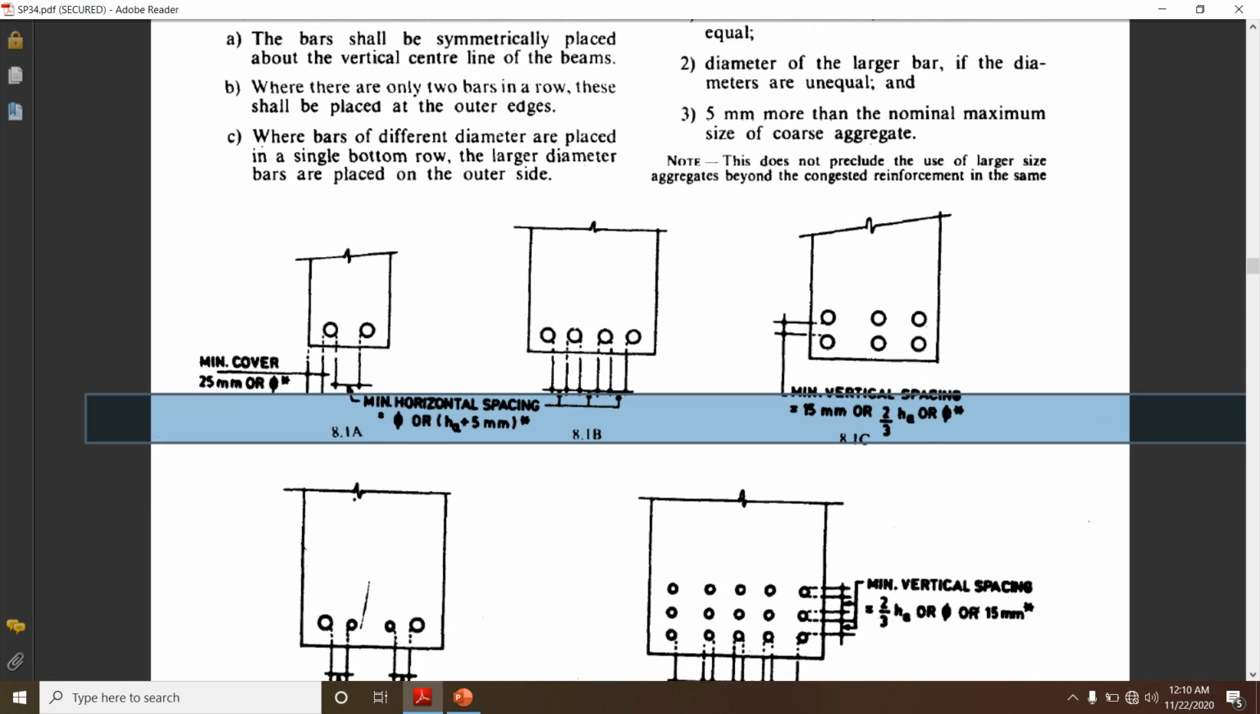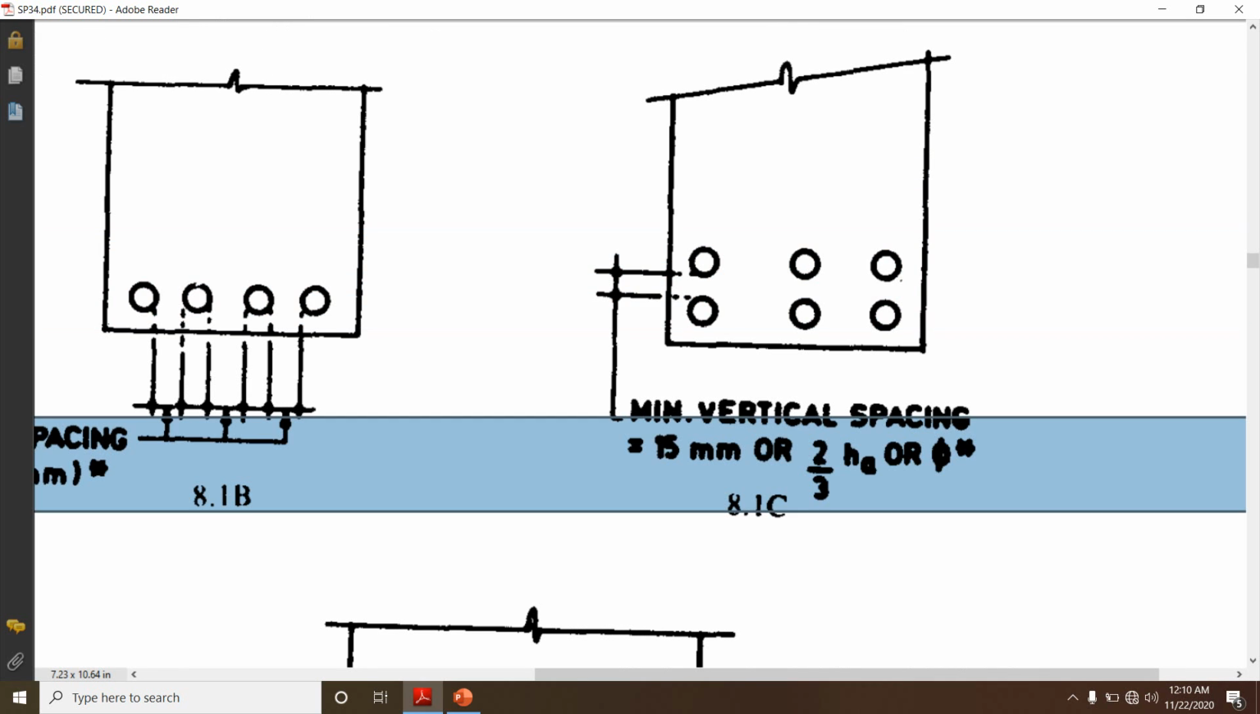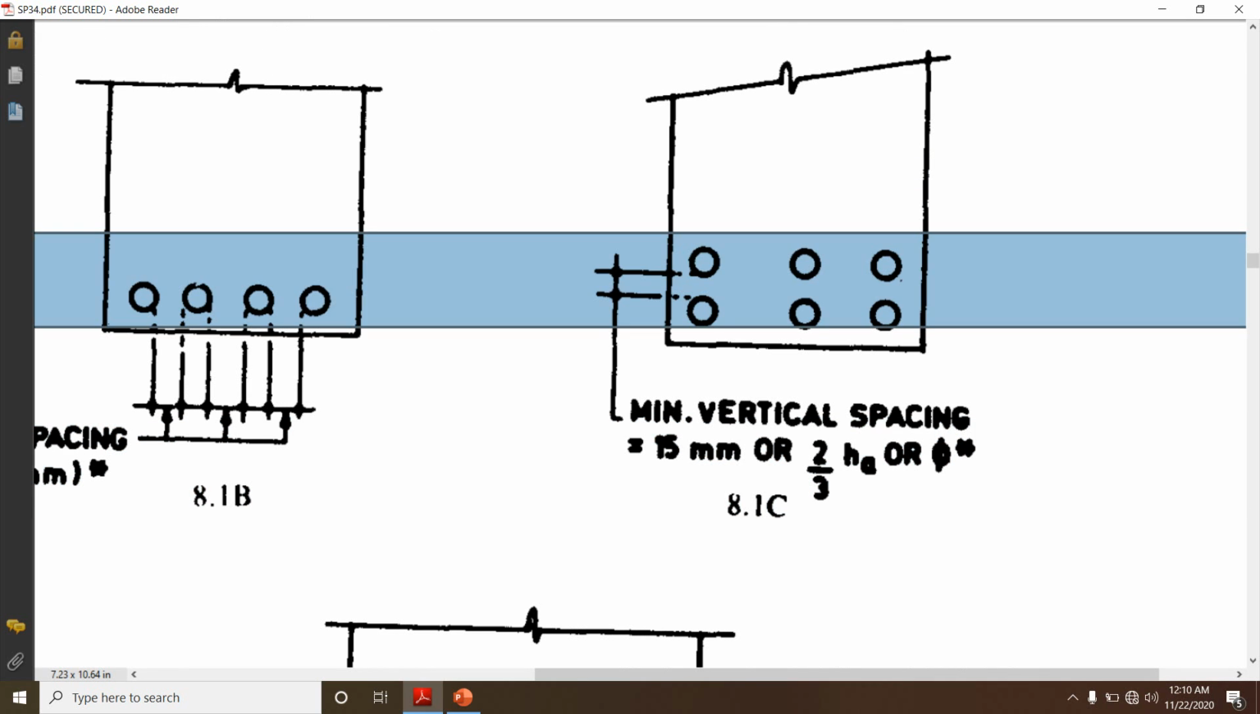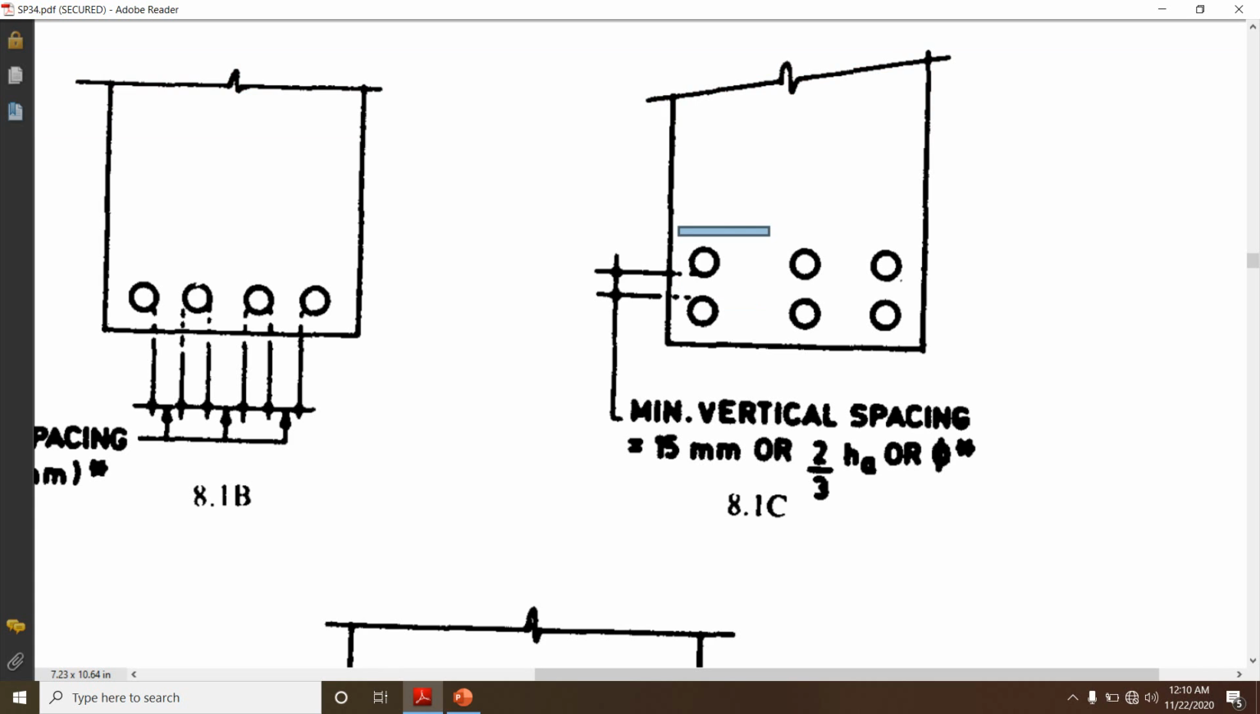Then next, similarly, this was regarding the horizontal spacing of bars. Next, when it comes to the vertical spacing of the bars, if you see the vertical spacing, when the bars are being placed in